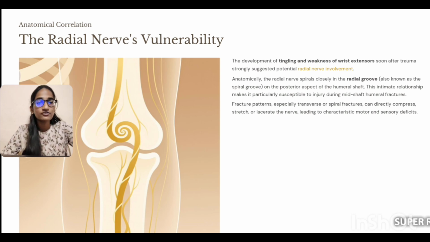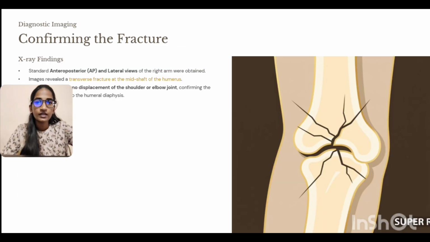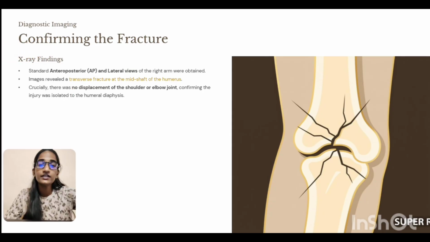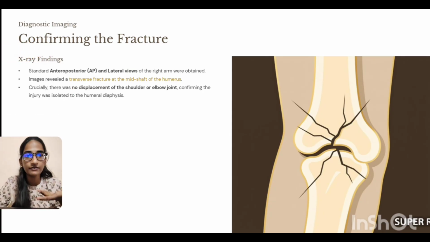Fracture patterns, especially transverse and spiral fractures, can directly compress, stretch, or lacerate the nerve, leading to characteristic motor and sensory deficits. Confirming the fracture radiologically, standard anteroposterior, that is AP view, and lateral views of the right arm were obtained. Images revealed a transverse fracture at the midshaft of the humerus. Crucially, there is no dislocation of the shoulder or elbow joint, confirming the injury was isolated to the humeral diaphysis,